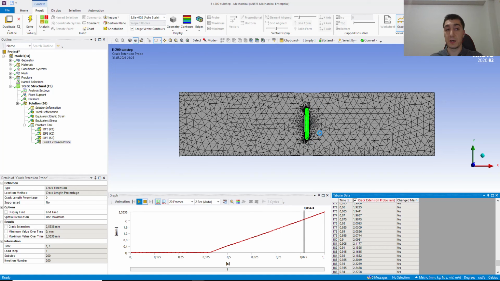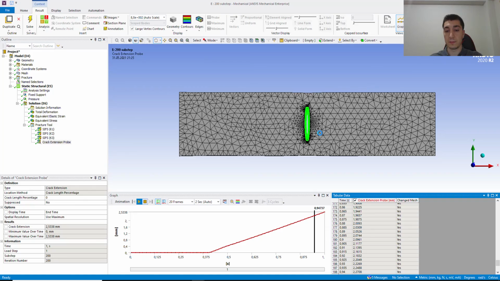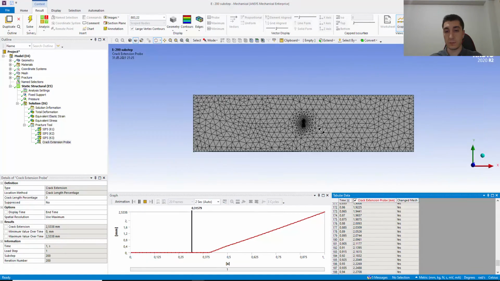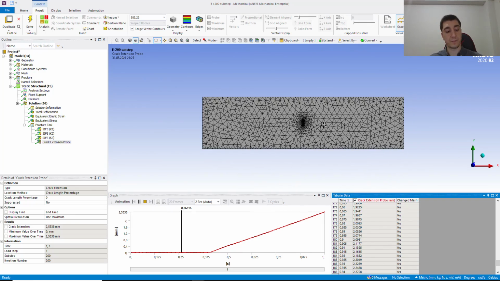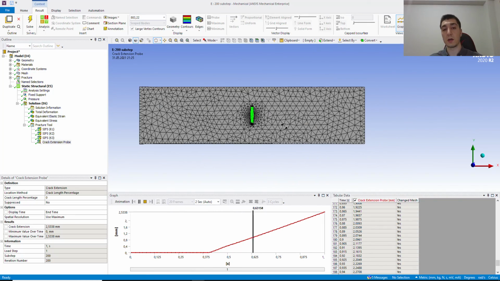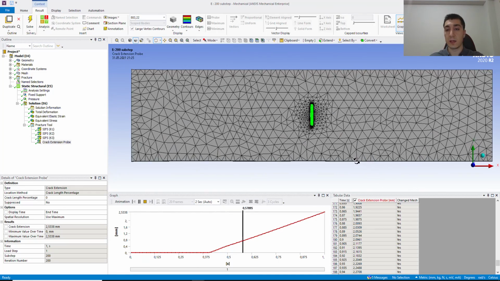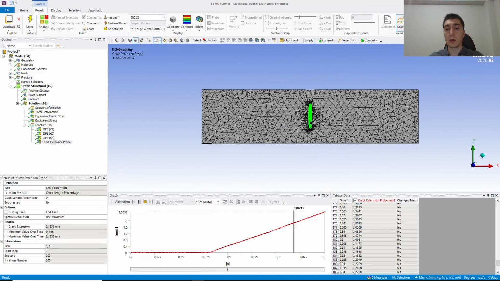So it is a bigger crack because there are 200 substeps. By the way, we can arrange the crack growth rates, but don't take it so seriously. So the crack grows in that direction